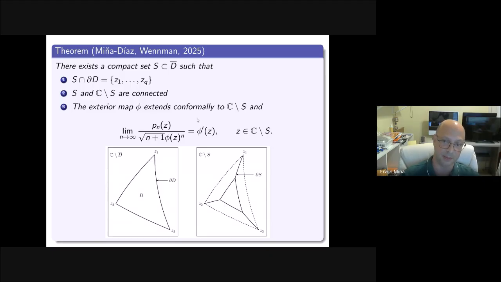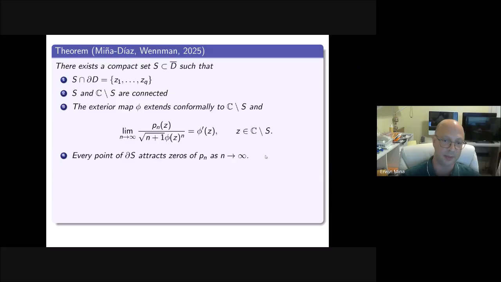So the strong asymptotic formula carries over from the exterior, from outside this curve toward inside, outside this set S. So we were able to prove that there exists this minimal set S where we have strong asymptotics up to that set, all the way coming from infinity up to that set. Okay, what else can we say about this set S?